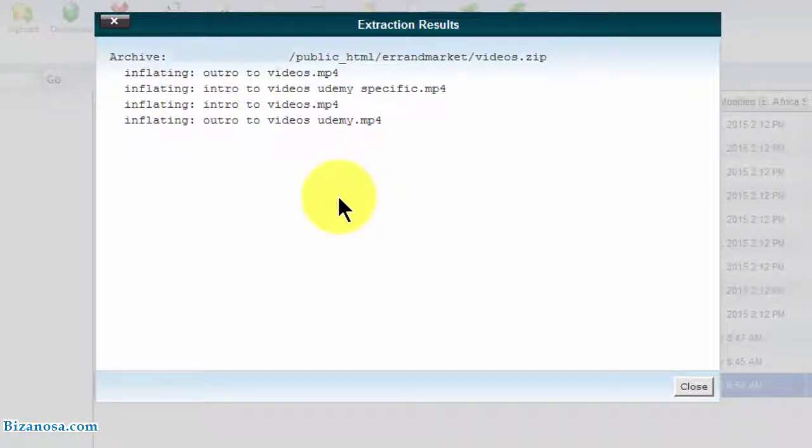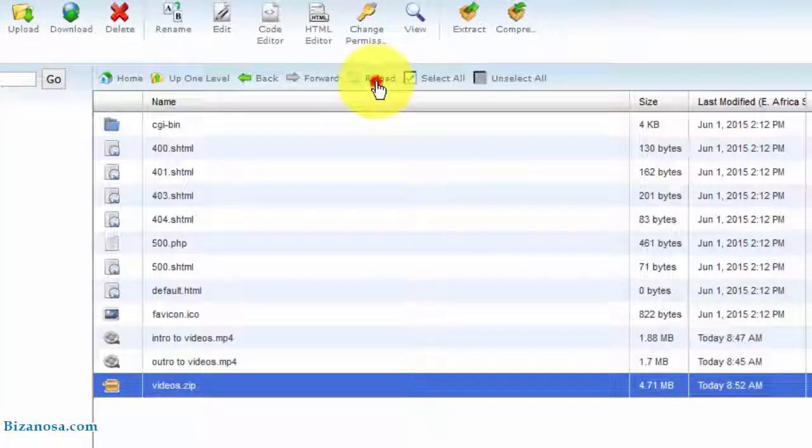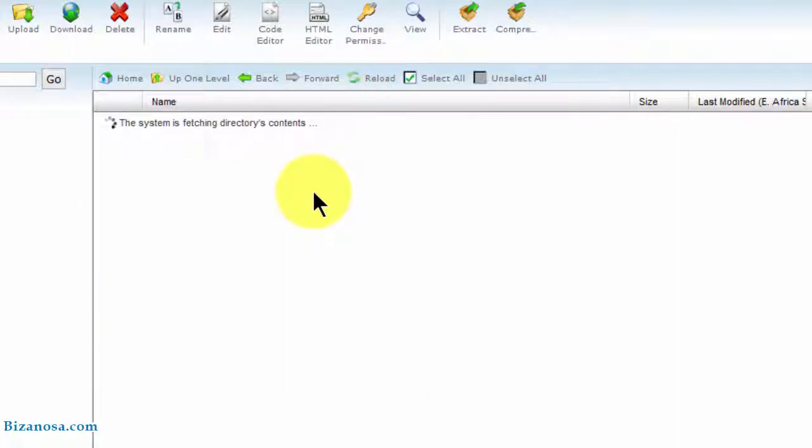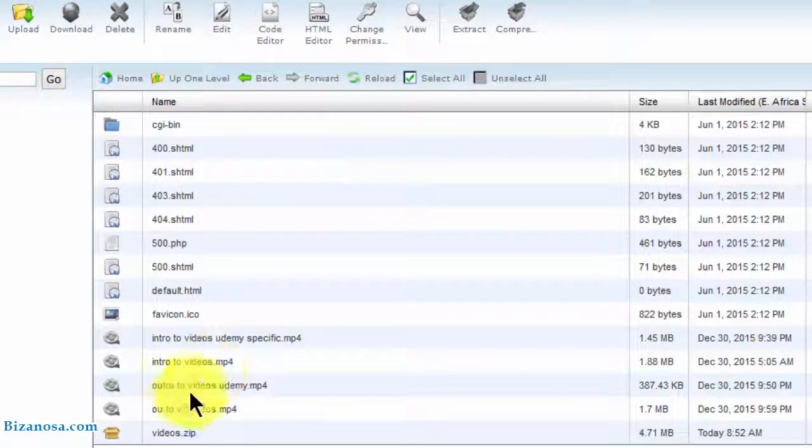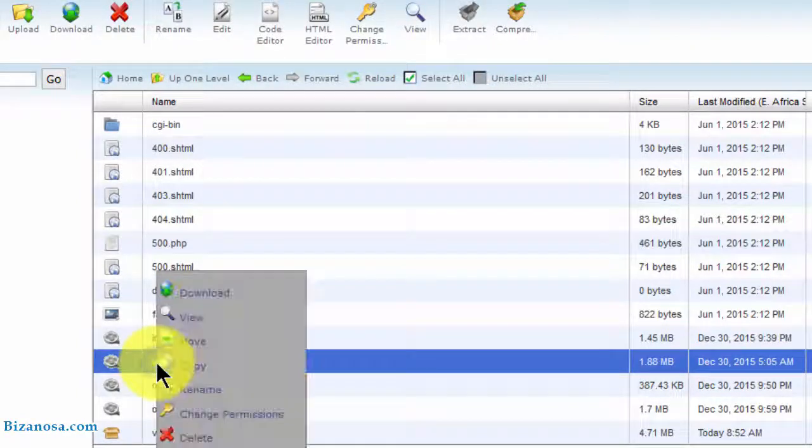You see, it did not ask you for any prompt. That means it overrode all the files which were there. So if I close this and I reload, every time you extract a zip file, it automatically overrides the files which were there that have the same name as any file in the zip file. So let's say I go and preview this, view this. It's just a video,